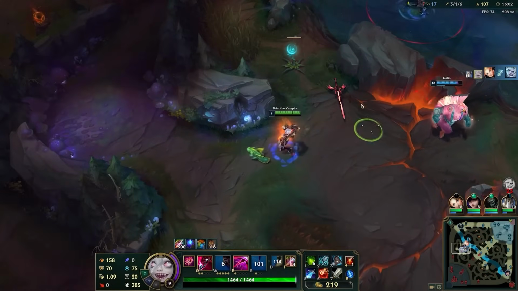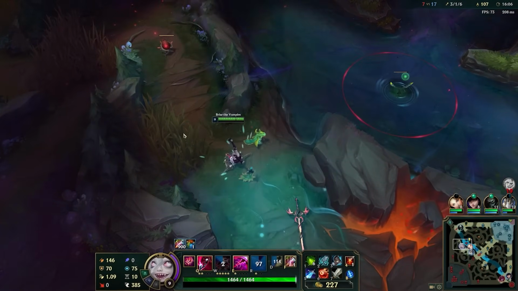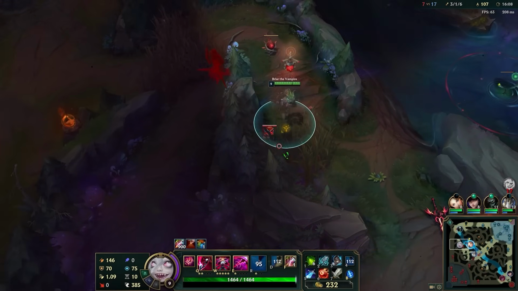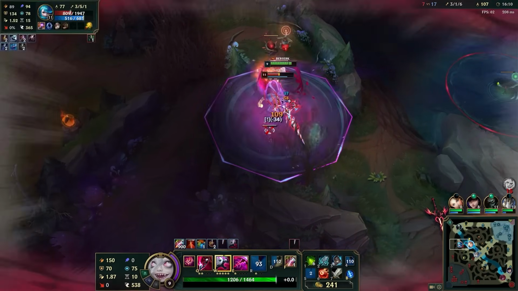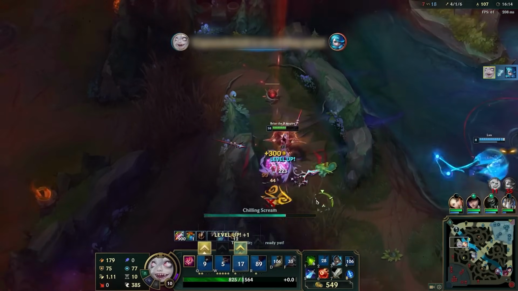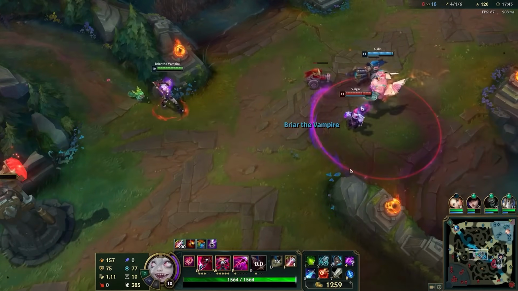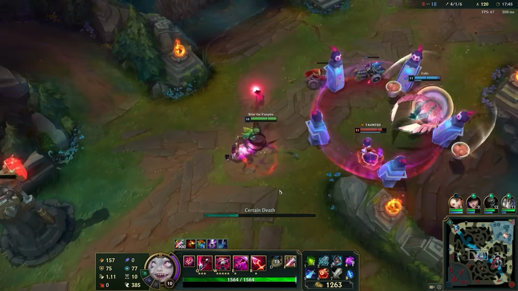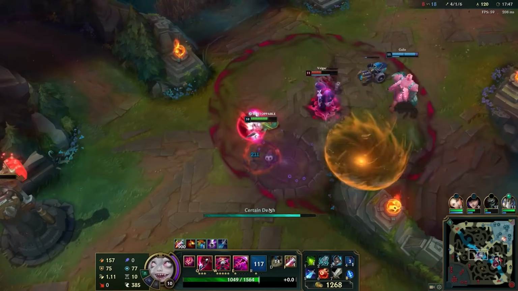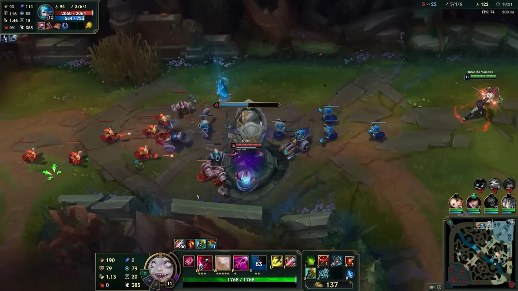So she's more of a bruiser, so think of building Blade of the Ruined King, Black Cleaver, stuff like that, maybe even a little bit of tankiness, Iceborne Gauntlet, potentially. Conqueror is most likely going to be the easy rune of choice. So she's not an assassin, she is a bruiser, but a high damage, high risk bruiser, you could say, because she, again,